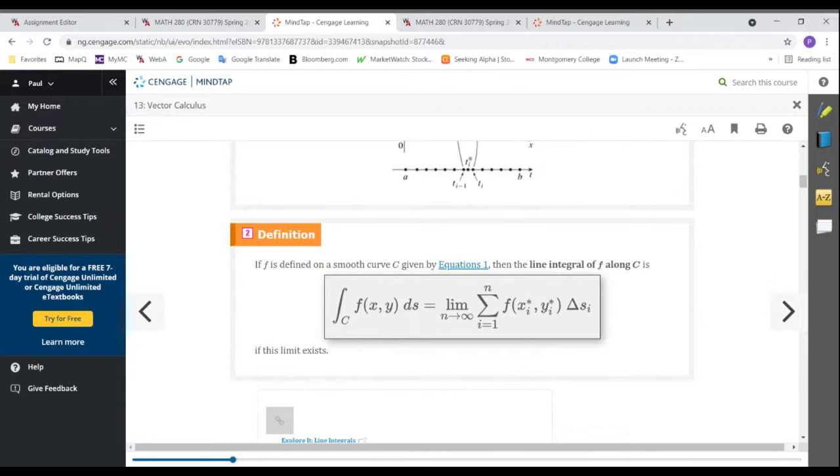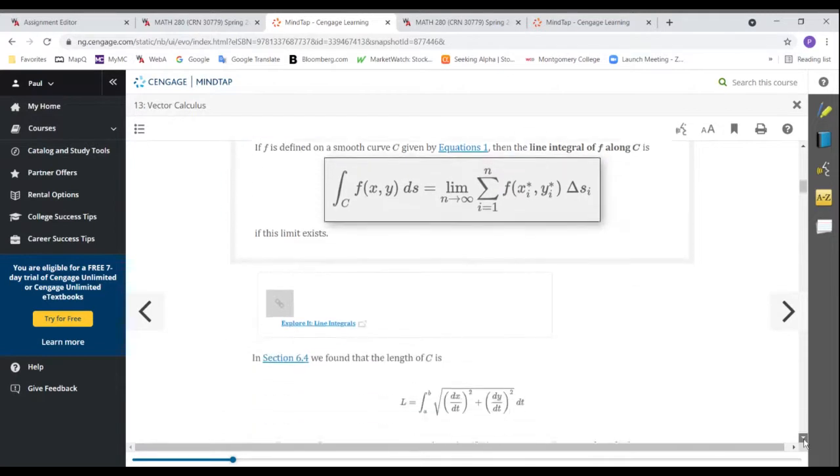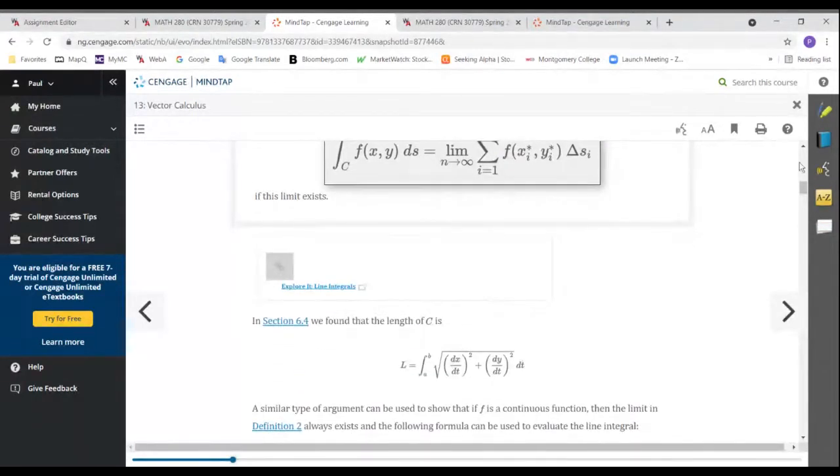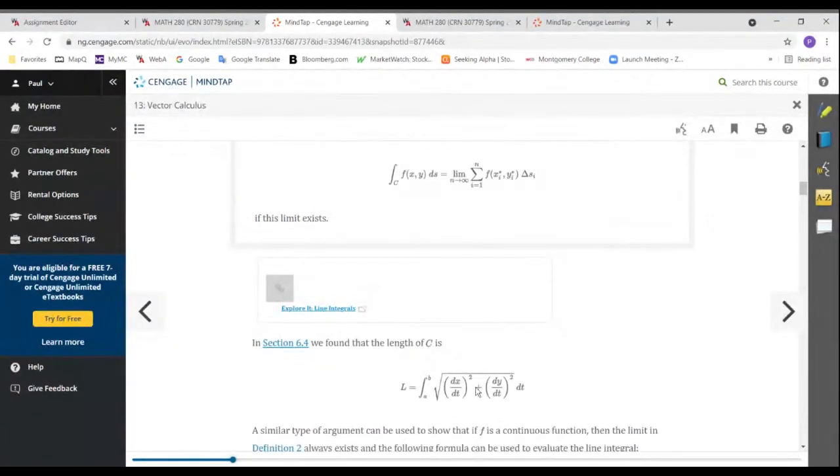So it would be nice if we could take this line integral of the function f along curve C and change the variable that we're integrating to, change it so it's with respect to t. Well, if you remember, in Calculus 2, you learned that